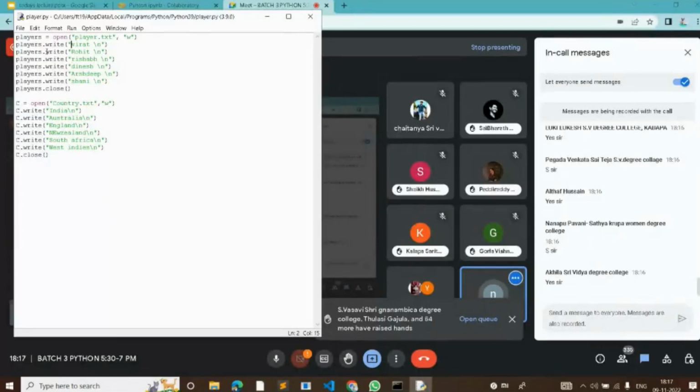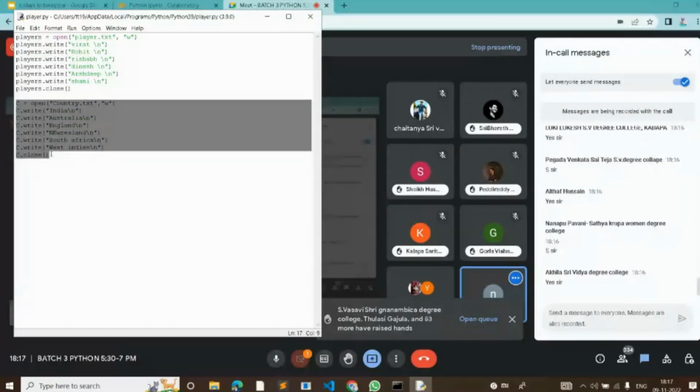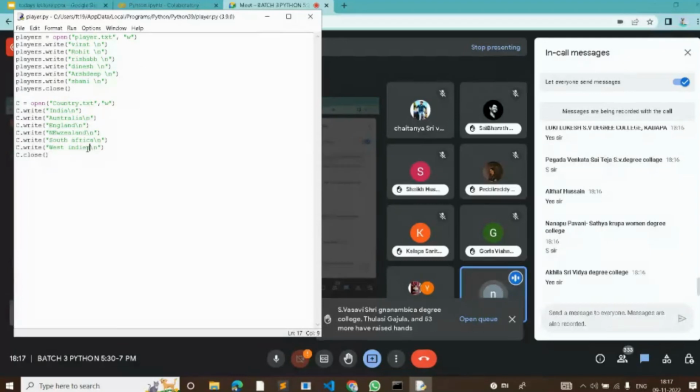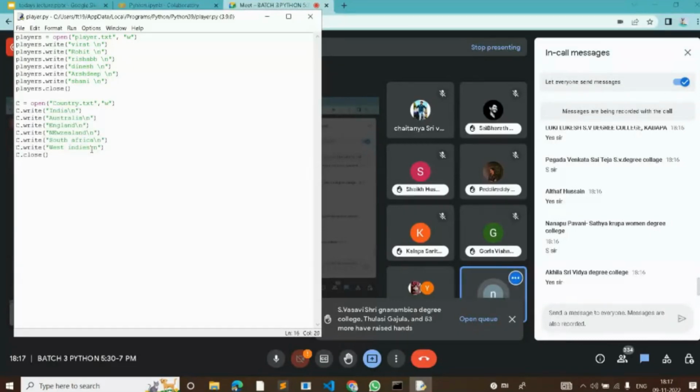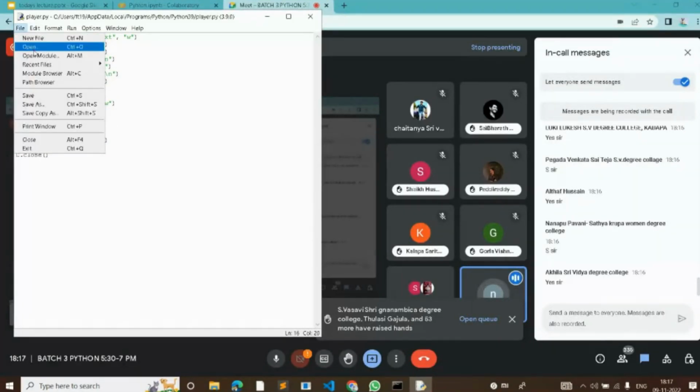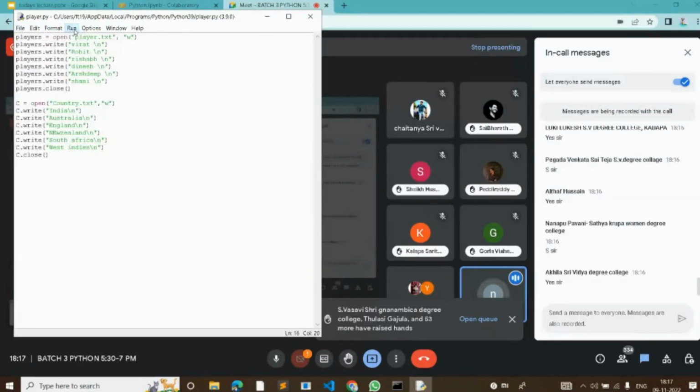Then I am creating two files. First is for the player and second is for the cricket country. Generally, I am taking those countries in which cricket is played, just like India, Australia, New Zealand, South Africa, West Indies. So for that, I have to save this file, and whenever I am running it,